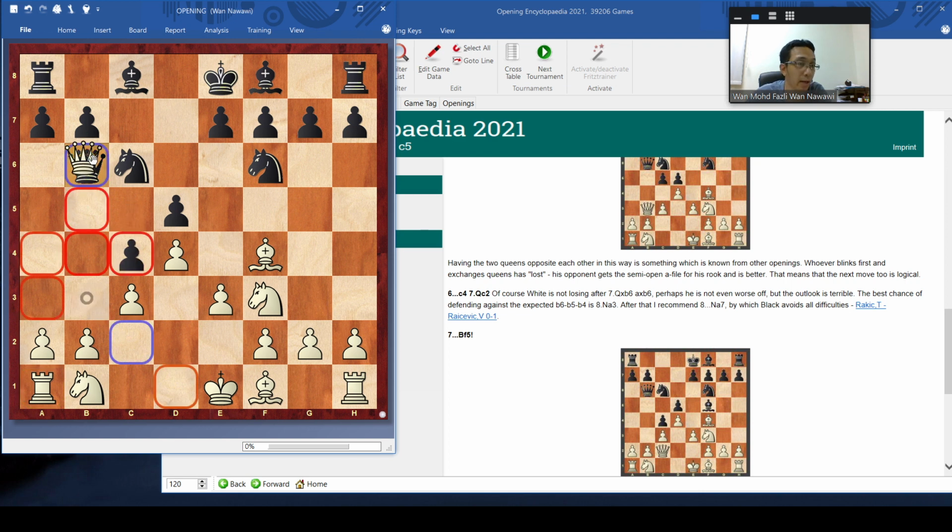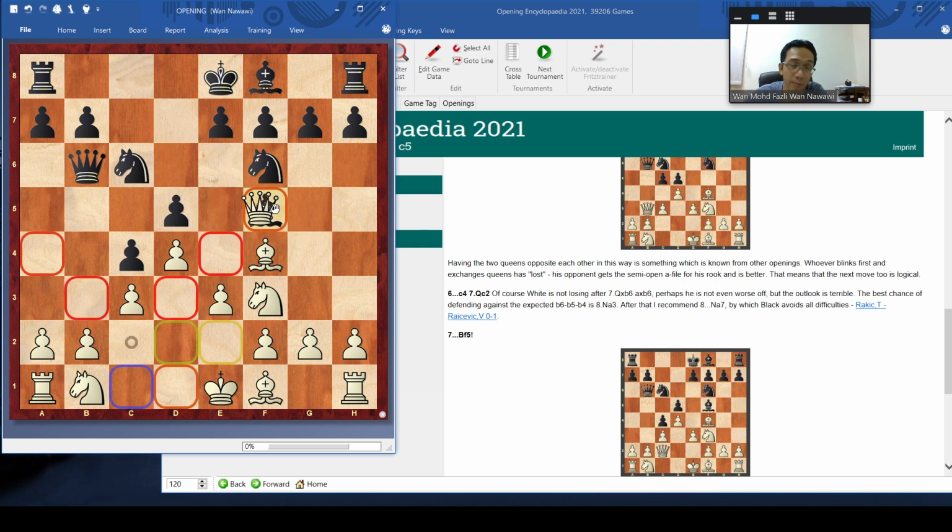Normally white doesn't take, because black can push the pawn forward and so on. So black goes here. So now black plays this, and at this moment, when you take this, it's a blunder, as we saw before. So white goes to C1 in order to still protect the B2 pawn.